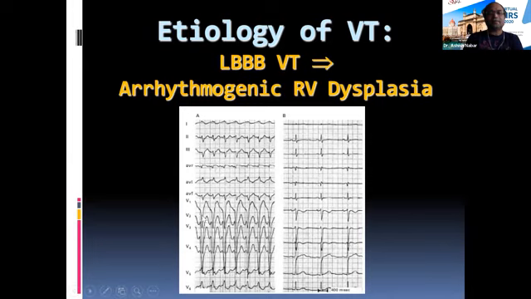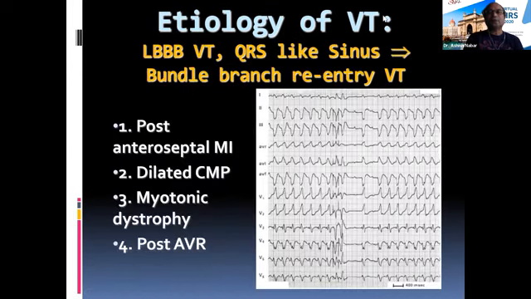One peculiar example is an LBBB type of tachycardia, this one. Whenever you have a VT originating from the left ventricle, you have an RBBB morphology. When you have VT originating from the right ventricle, you have LBBB morphology. And there are not many etiologies of VT originating from the right ventricle. The most remarkable is obviously arrhythmogenic right ventricular dysplasia, and patients who have this dysplasia usually have the LBBB kind of VT. So after you diagnose a VT, the wide QRS tachycardia also provides you clues, as we discussed just now, about the underlying etiology of the VT.